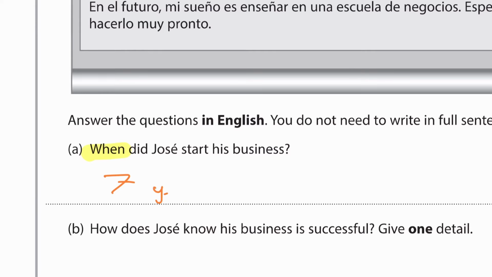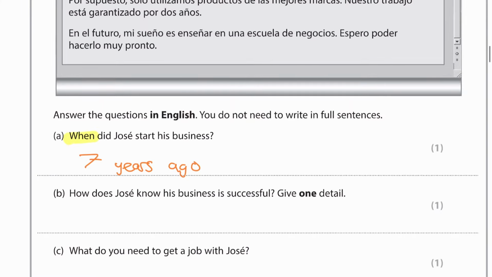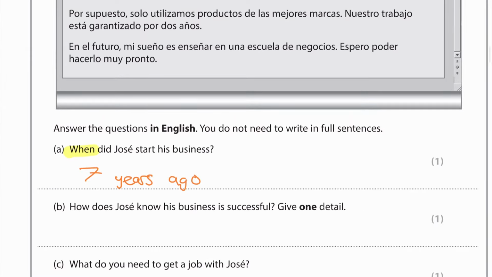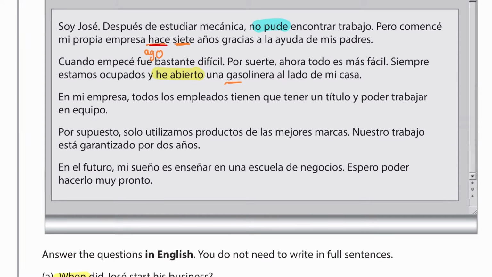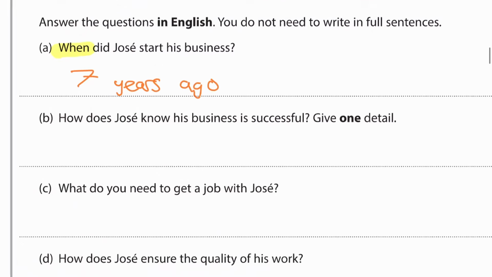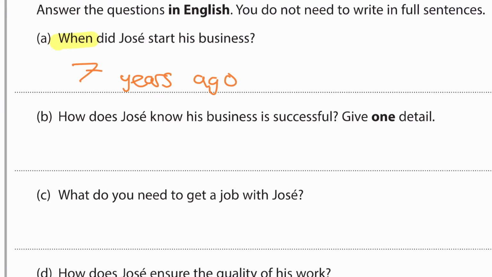7 years ago. Vale? Now, how does Jose know his business is successful? Give one idea. Well, I think it was something about him being always busy, wasn't it? Siempre estamos ocupados. We are always busy. If someone's busy, they're going to be successful normally. So what would I say? He's always busy, or